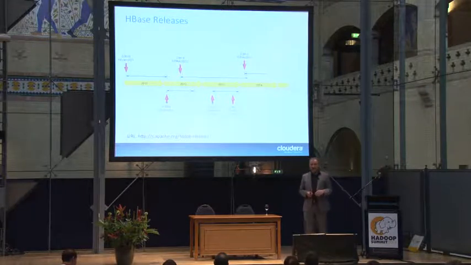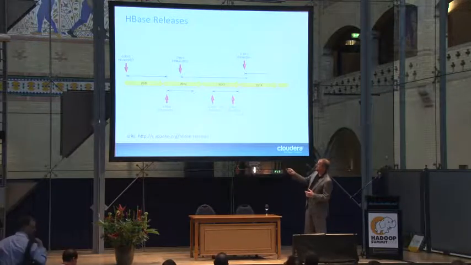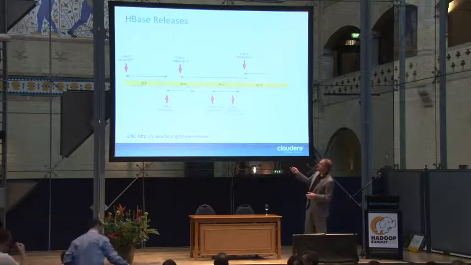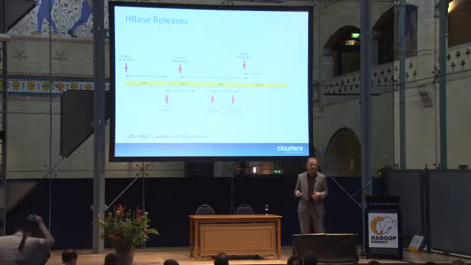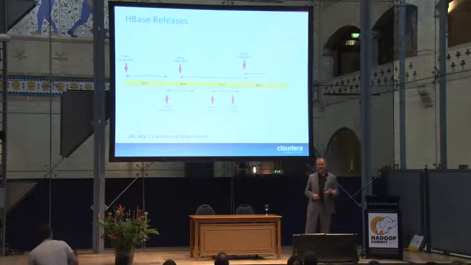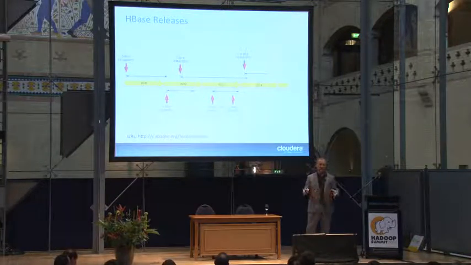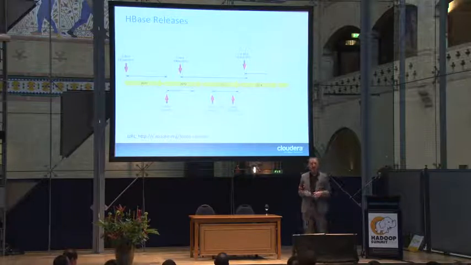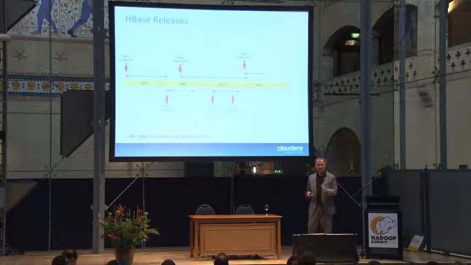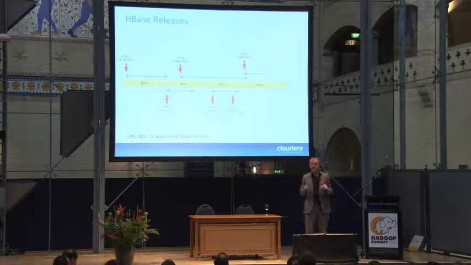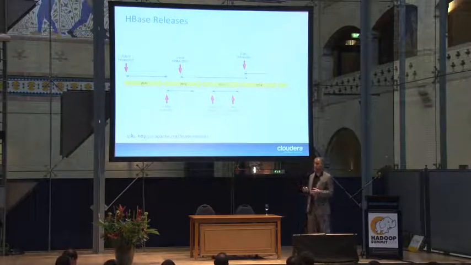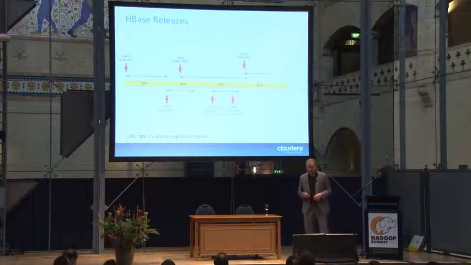Then sometimes in HBase you will find an odd number. So you see on the left-hand side 90, 92, 94, and all of a sudden there's a 95. Sometimes you will see this. These are developer versions. I'm not sure when we do that. Sometimes we just say, let's branch and let's do a developer version. Not sure why. But sometimes we don't. Sometimes we go straight from a release version to a release version. That's very similar to what you see in the Linux kernel, which has odd and even numbers for that same reason. We try to keep with that, but don't bet on it. It's just a convention that we're currently using.